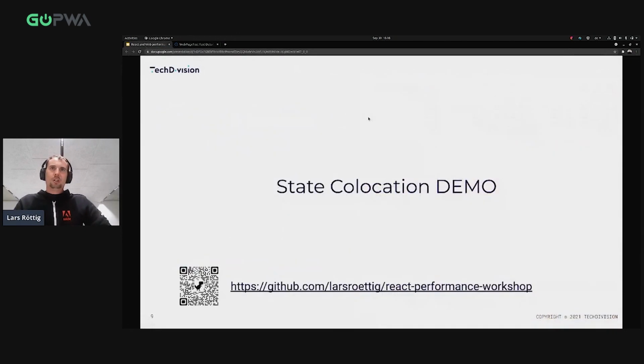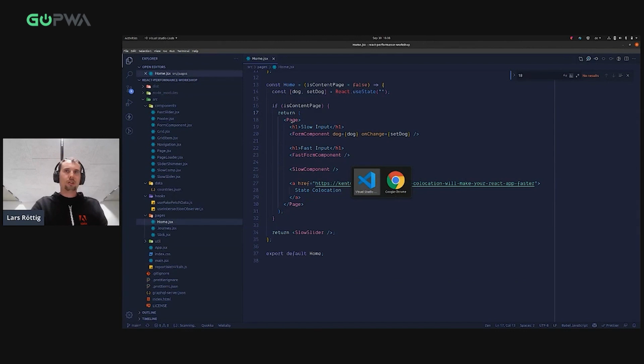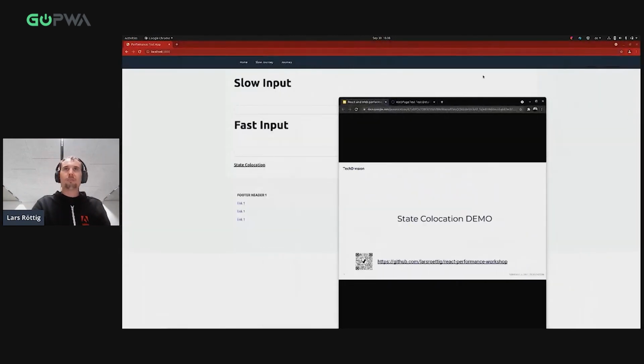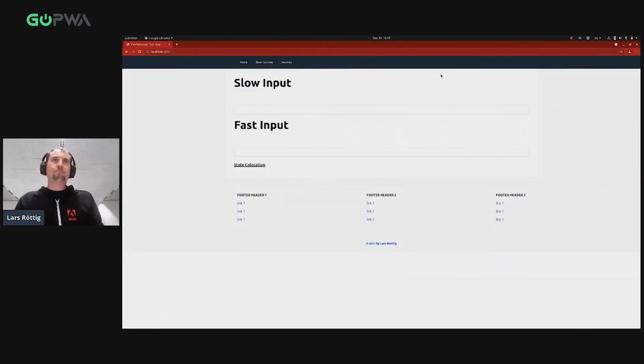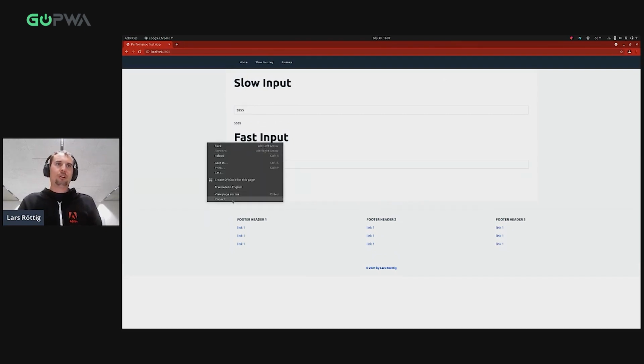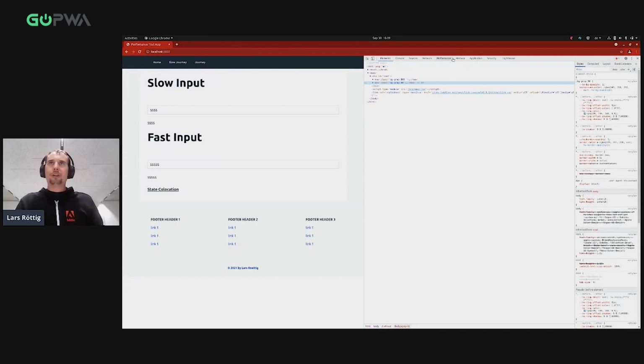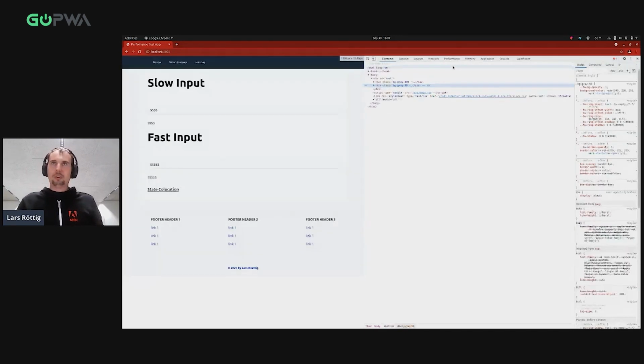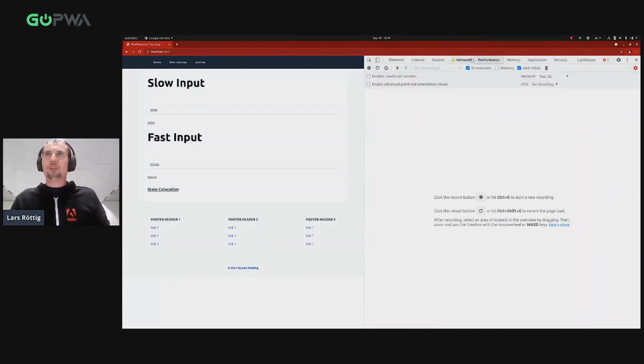So, okay, first of all, I would like to share with you a state colocation demo, or state colocation problem. So let's go into the debugging. Oh, there we are. So I have here a slow input and a fast input. And you would say, okay, the slow input is not so slow. But if I go now into the Chrome developer tools, and this is what I'm going to do now for you,